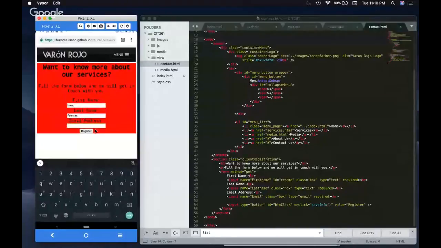and you enter all of the information that is being asked, if you click on register,